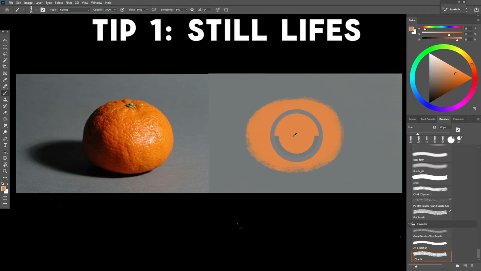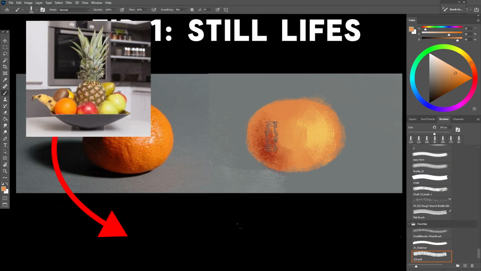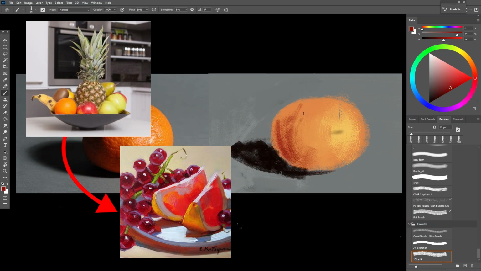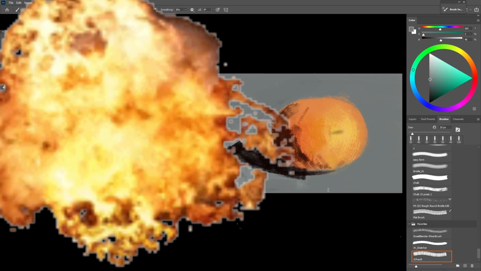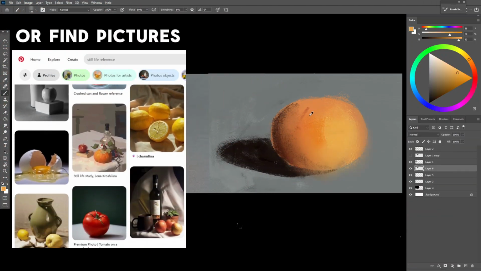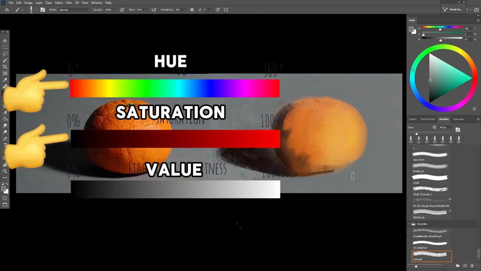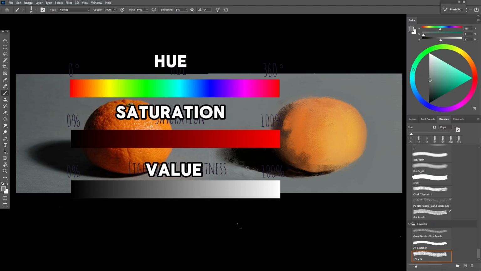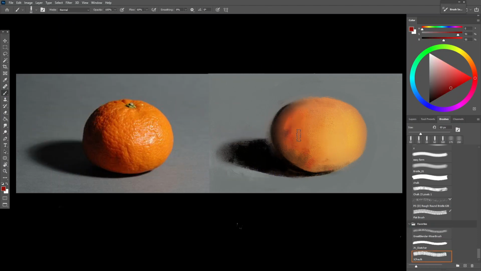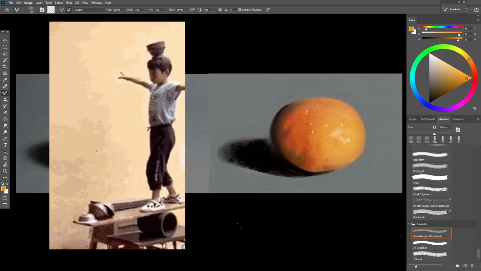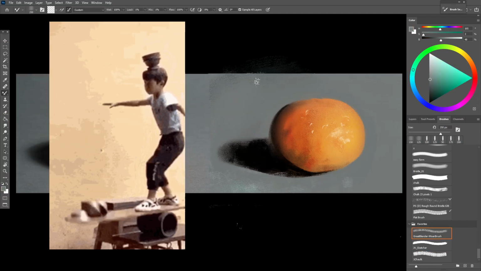If you're just getting into understanding color, painting simple household objects and doing still lifes is your best bet in exploding your color understanding. Taking pictures of different things and putting them under different lighting will help you understand how hue and saturation change based on an object's properties and surroundings. Working with subjects like fruit also simplifies the learning process by eliminating the complexity of simultaneously mastering color and dealing